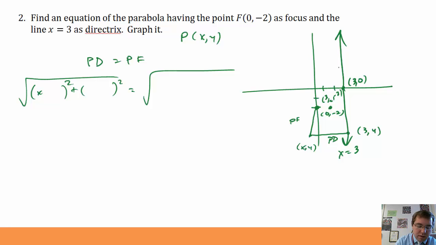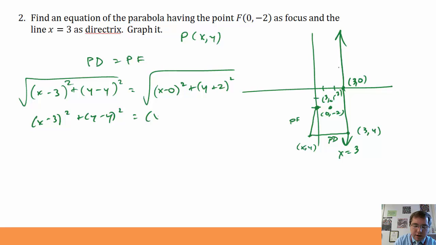Okay, so PD is going to be the distance from x, y to 3, y. So x minus 3 plus y minus y, and squaring both of those things and adding them up and taking the square root. PF is the distance from x, y to the focus of 0, negative 2. So x minus 0 squared plus y minus negative 2, which is plus 2 squared. Okay? Square both sides. x minus 3 squared plus y minus y squared equals x minus 0 squared plus y plus 2 squared. Simplify, x minus 3 squared plus 0, so nothing there, equals x squared plus y plus 2